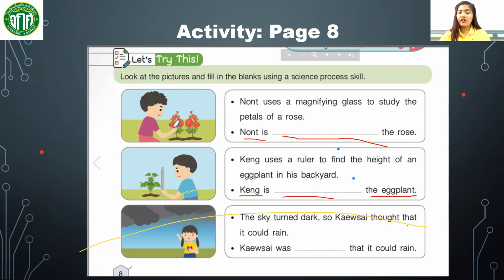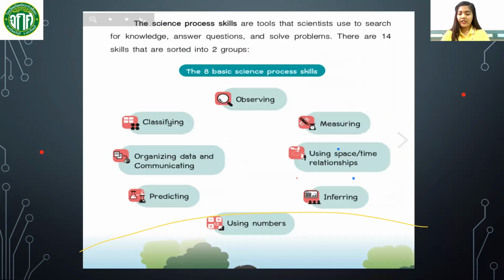So Kelsai thought that it could rain. So Kelsai was blank that it could rain. What do you think is the proper answer here? You are going to find the answer for this activity in here, under the basic science process